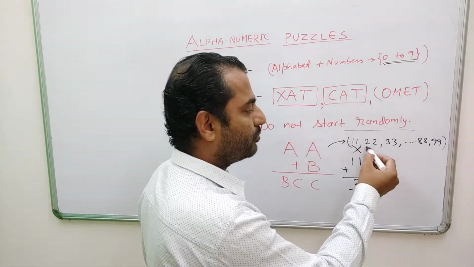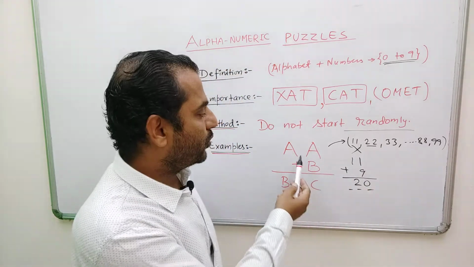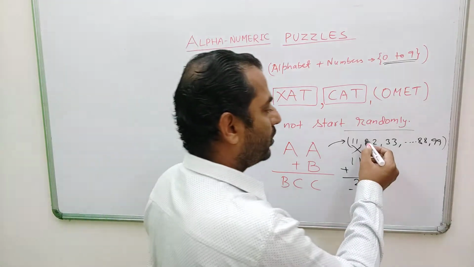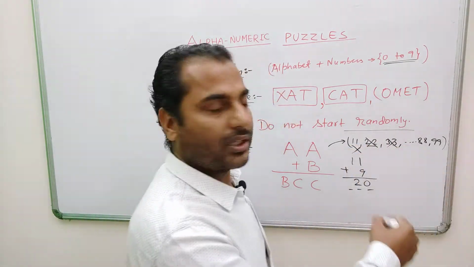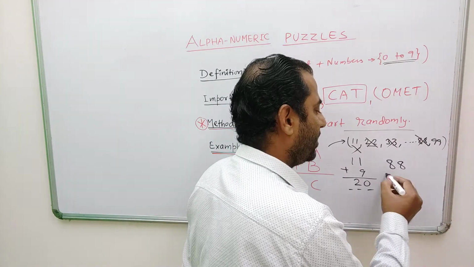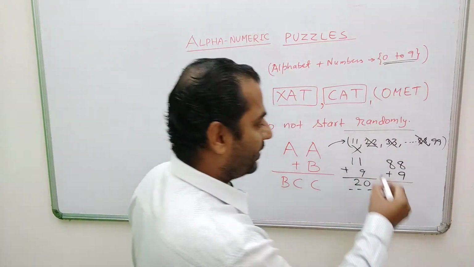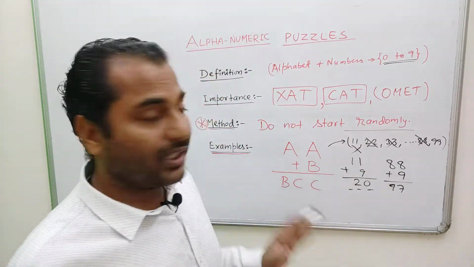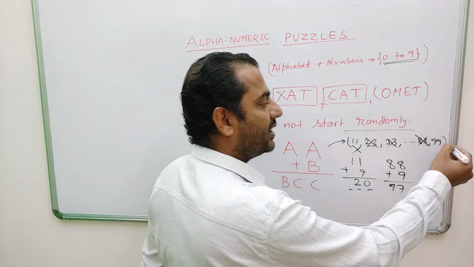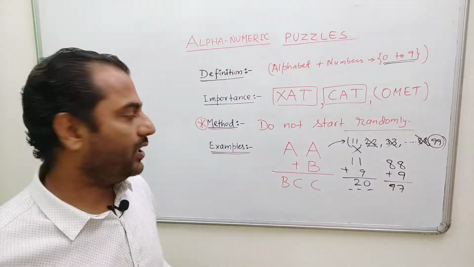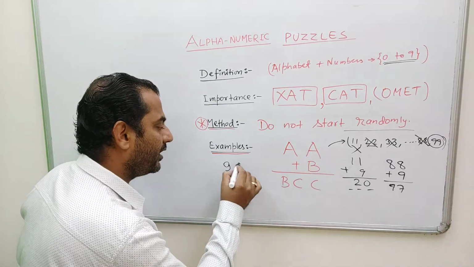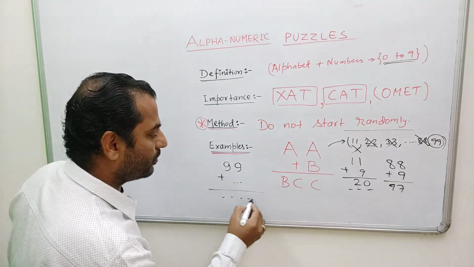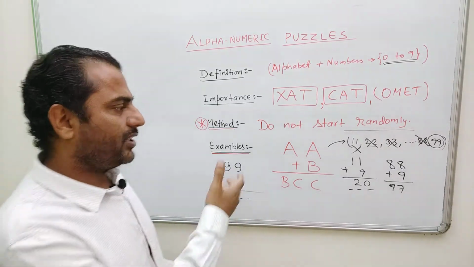Similarly, in the same fashion, 22 can be eliminated, because 22 plus a single digit number, even the largest single digit number 9, will not give me a 3-digit number. So 11, 22, 33, all these values up to 88 can be eliminated in the same manner, because 88 plus 9 is giving me only 97, right, which is a 2-digit number. So one thing is very clear, that AA is definitely going to be 99. It cannot be anything other than 99. So I will write here AA as 99 plus a single digit number, and then the result should be a 3-digit number. Now again, as I said, it is a very easy question.